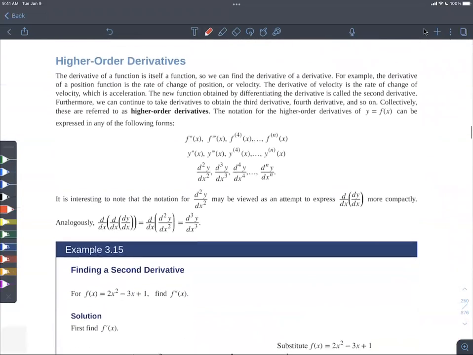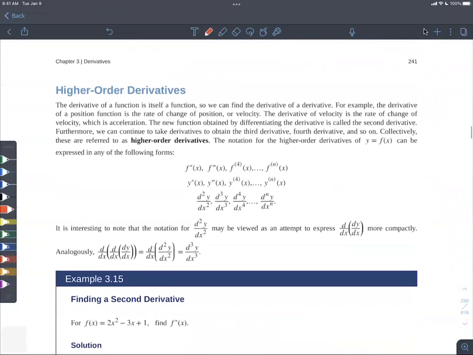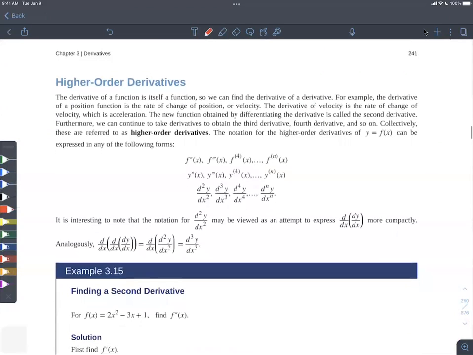So higher order derivatives, the last part it looks like. And so can we take more derivatives, right? Higher order derivatives. What does that mean? In this section, we'll just briefly cover this, and we'll talk about higher order derivatives later in this class. But